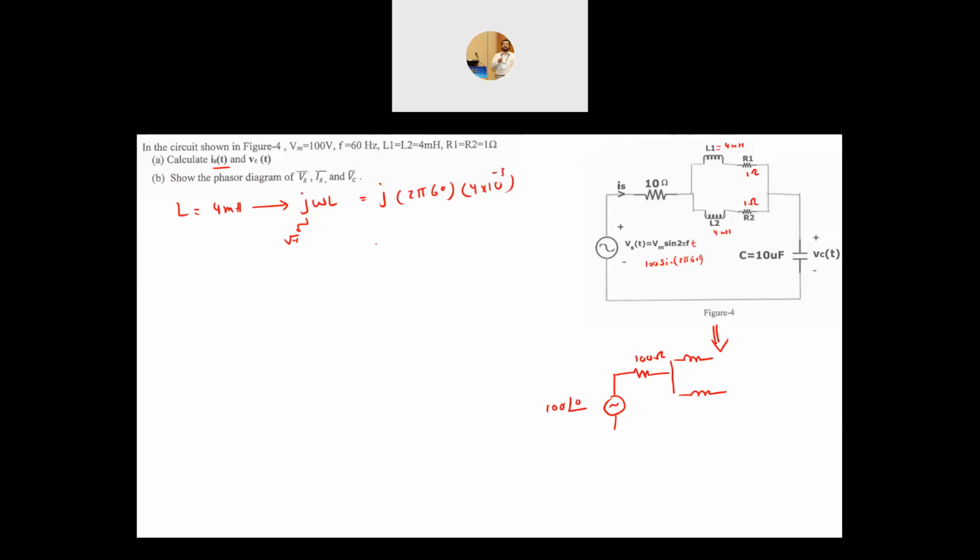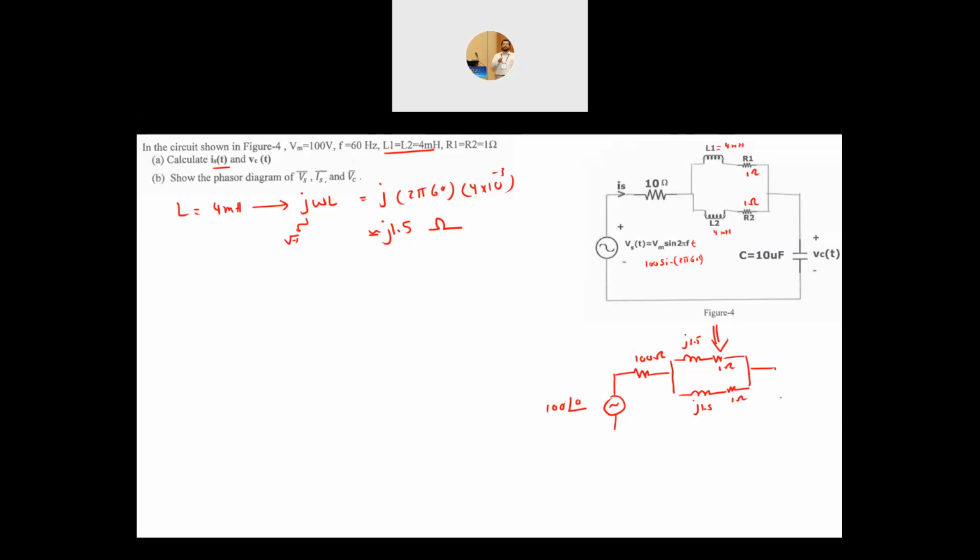This has to be in Henry, so this is approximately equal to 1.5 J, and the unit here is ohm. While L is in Henry, the J omega L, we call it the reactance, it is in ohms. So this is for L1 and L2. So we will have here basically J 1.5, J 1.5,